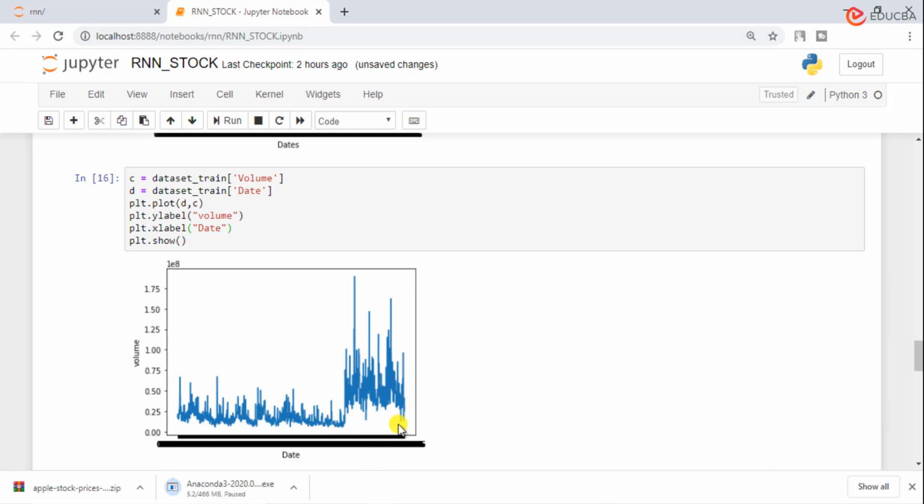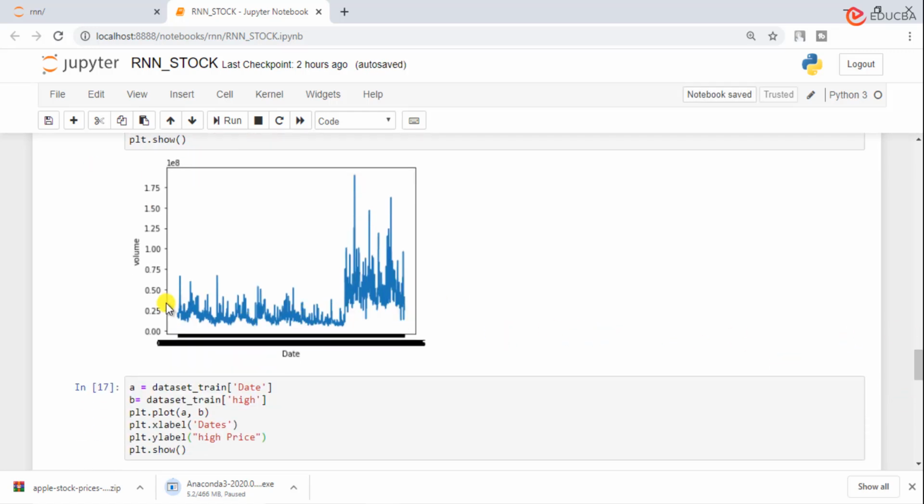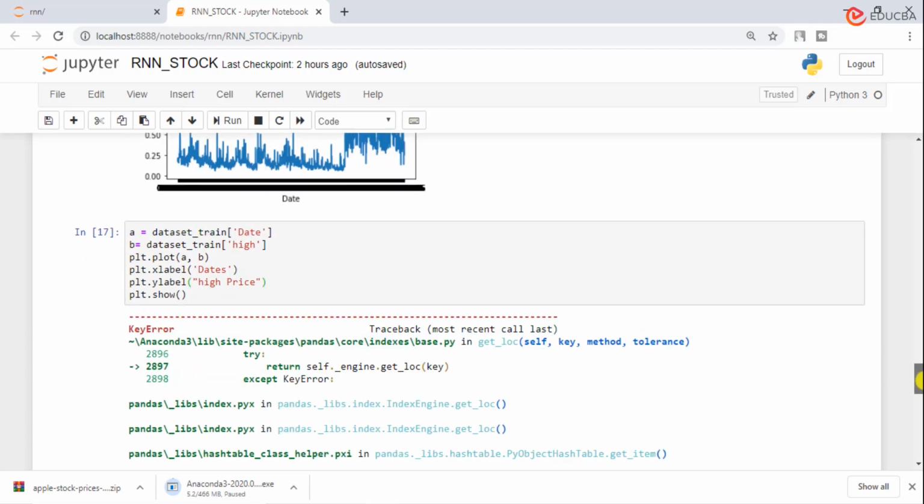So in the last few years, there is a growth in volume of the shares, the number of shares has increased. And for many years it was less, and suddenly the volume has increased in the last few years.